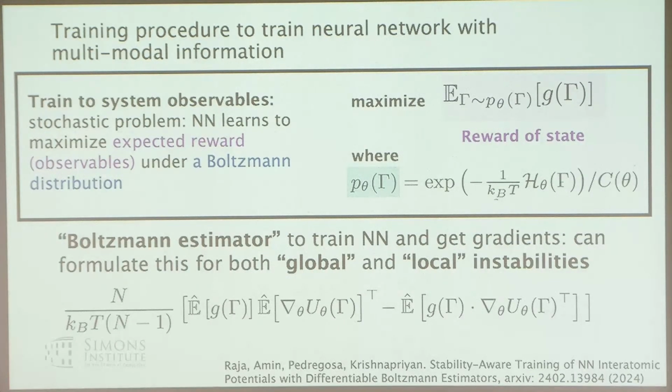And what's interesting is this formulation here. We got it through the implicit function theorem, but you can also get it through reweighting or through policy gradients. So there are many paths to getting to this point. But one thing here is that this is a more general framework, so you can frame it and derive something for local instabilities as well. In many cases, like condensed phase systems, you often have local instabilities, and this type of training procedure can also extend to those settings too.